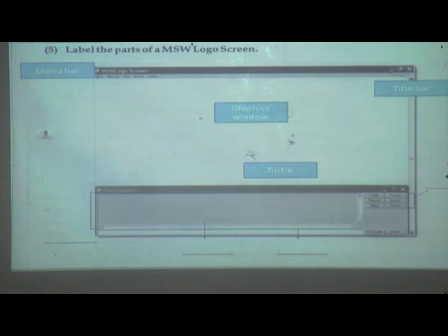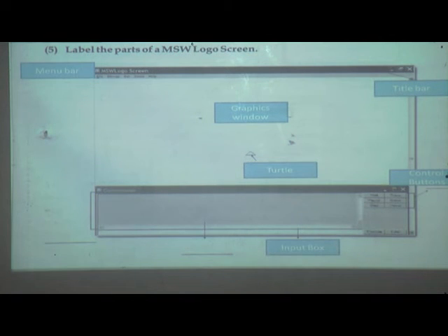Then next one, control buttons. Where are the control buttons? Head, trash, these are the 6 buttons you can see. These buttons are called control buttons.